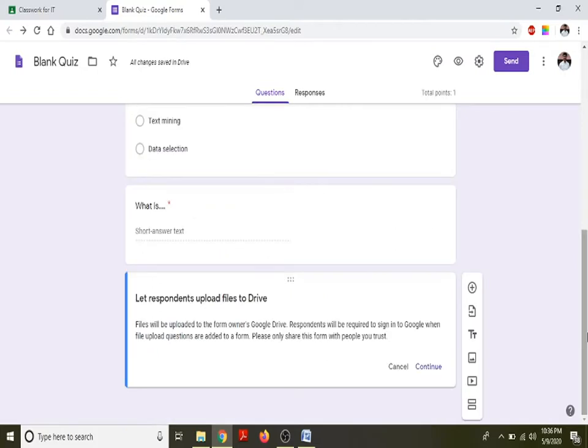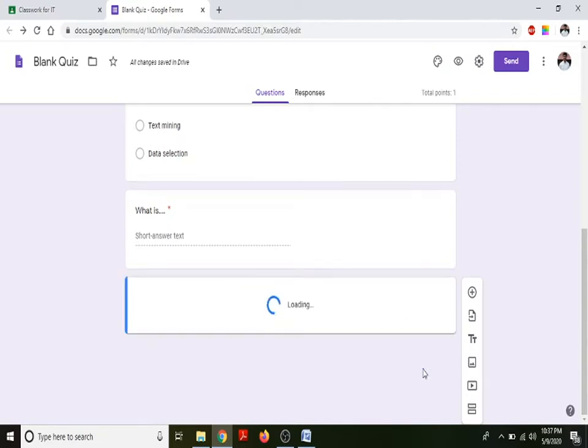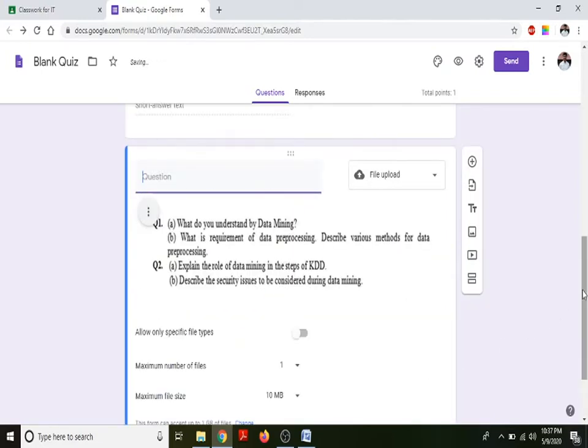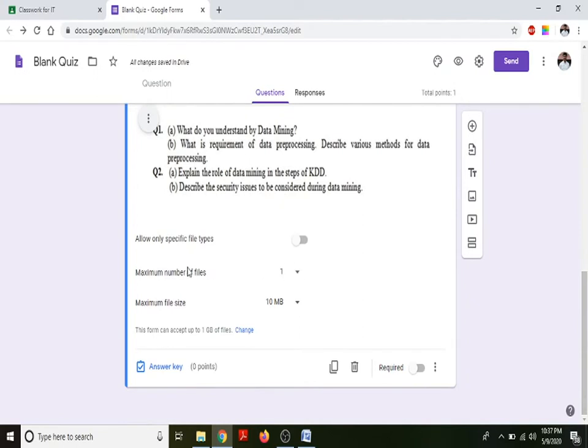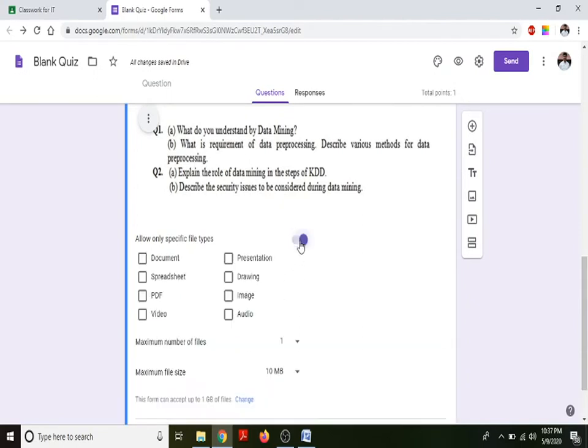So it will tell you that the responses will be stored in the Google Drive itself. So you can click on continue. That will ask you some settings that are very important, right? So we need to allow the students to upload a specific file type, so you need to turn that on, and select PDF file.